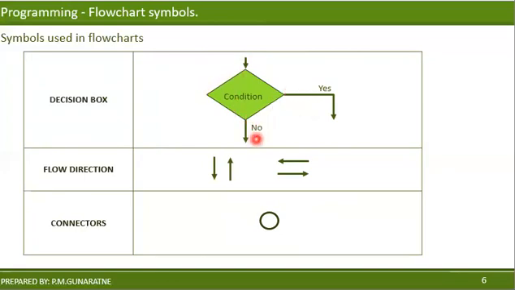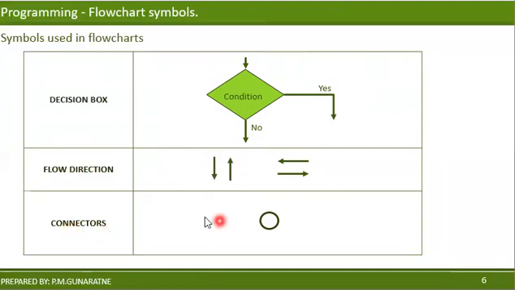You can alter this one, right? That means yes on the downside and no on the other side. You can switch these two, and you can even change the arrows in this path as well. However, there should be 3 arrows: one incoming arrow and 2 outgoing arrows. Only 3 arrows should be possible, right? Then the flow direction is represented using these arrowheads. To know where to go, you have to follow the arrowhead, right?